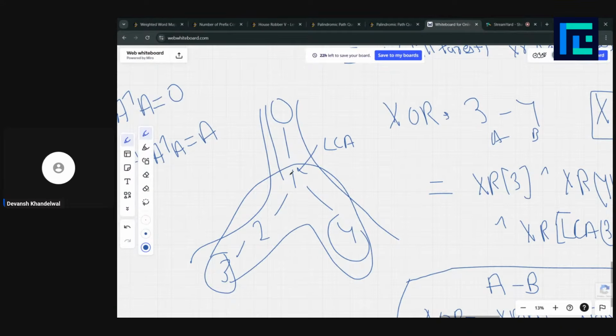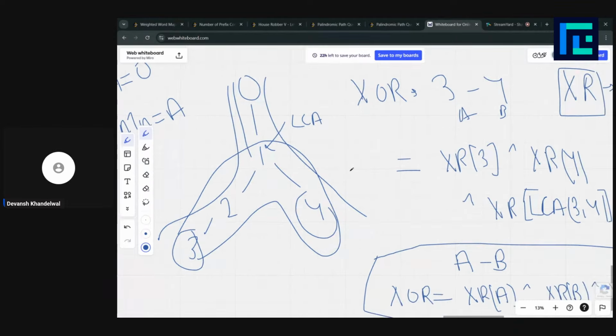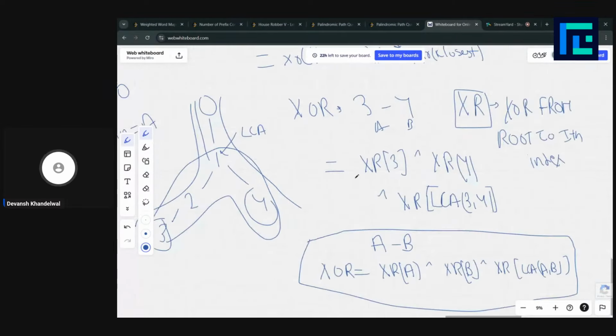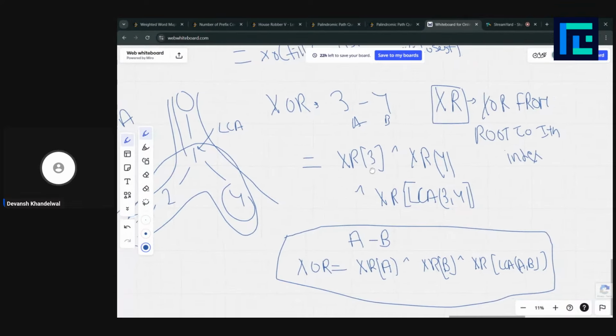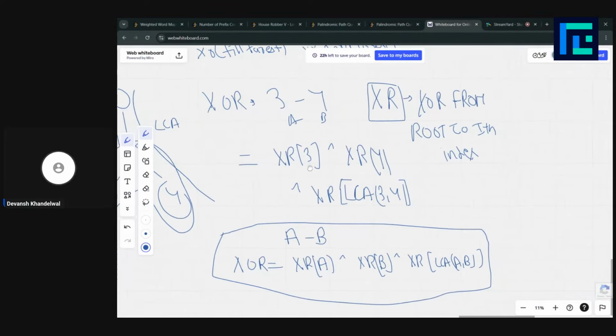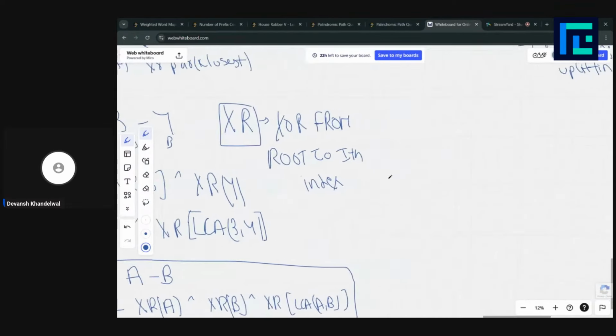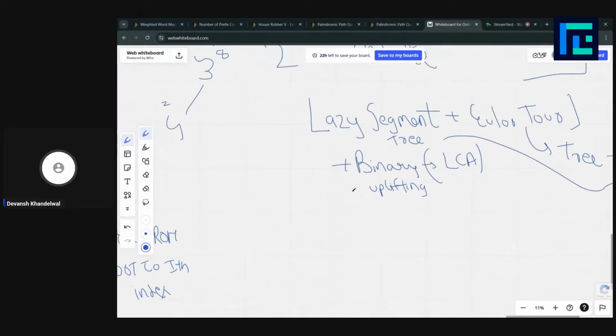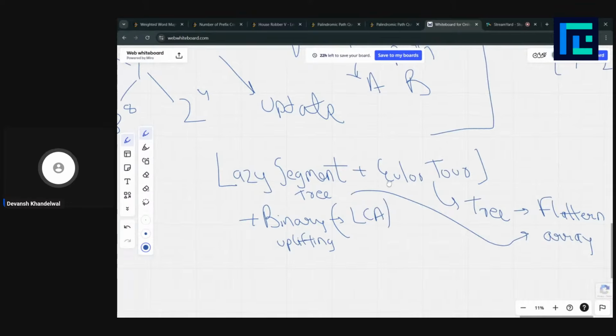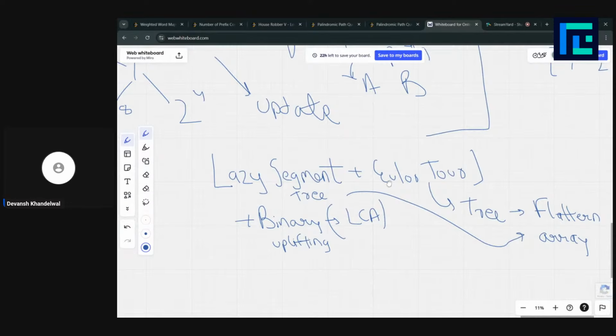No, no, I hope this part is clear. Let me explain the entire problem and then how to flatten. Sure, I'll give the example. But let me just explain the problem and then I'll go to doubts one by one, right?